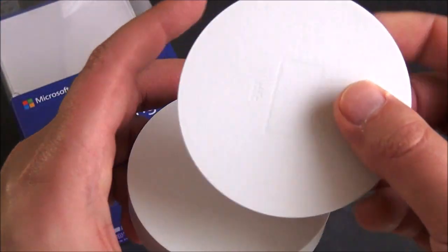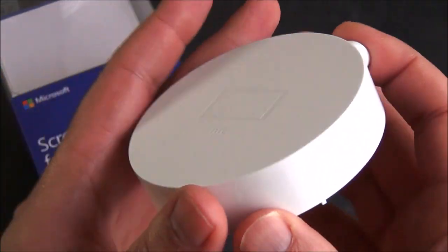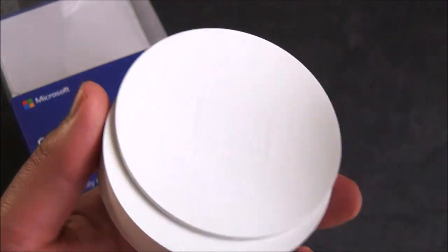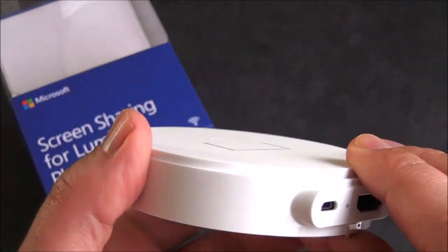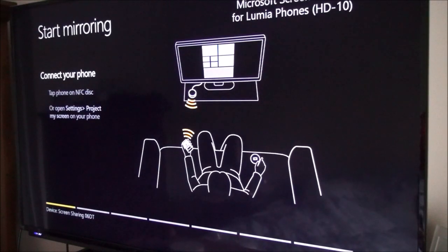So this is actually magnetic, and it just goes to the top. You flip it over this way, and you can see it actually stays on there pretty well, and it's definitely a neat selling point for this device. So we're going to plug it up now, and I'm going to show you actually how it pairs and how well it works. Everybody, we're back, and we successfully connected up our Microsoft screen sharing for Lumia Phones HD10,